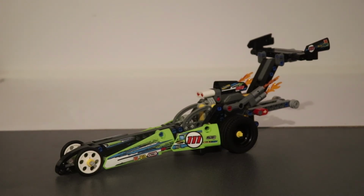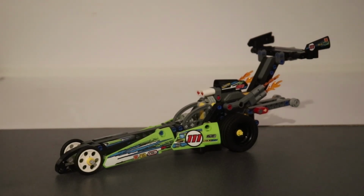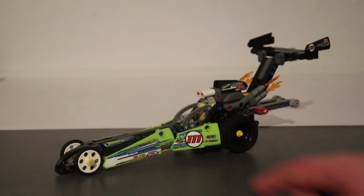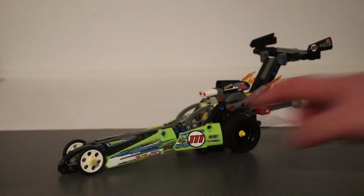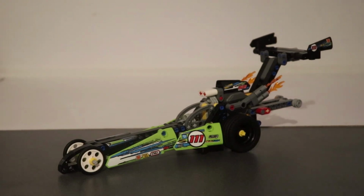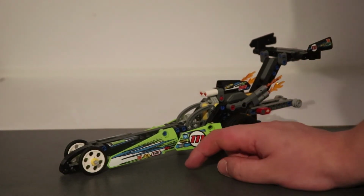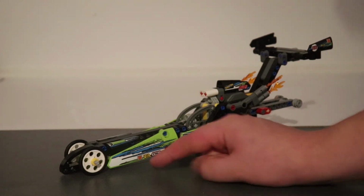The stickers themselves, as I say, look amazing. Great design, and they have the numbers 111 here, and on this side as well. And they have other good logos here, like